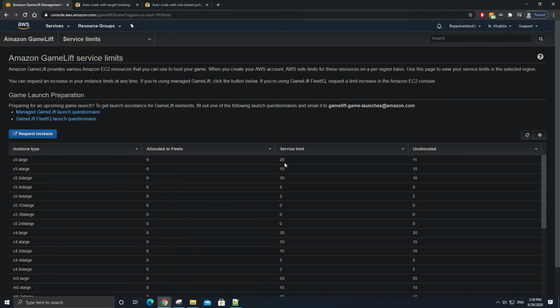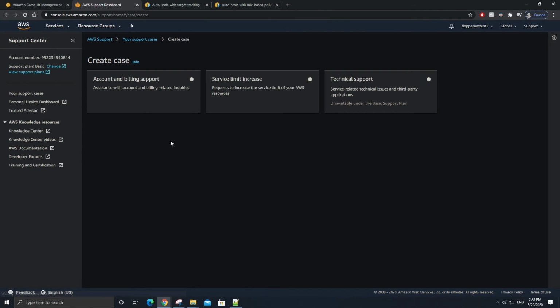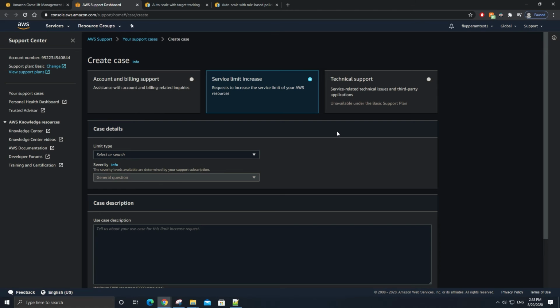Note that these numbers on this page may not look exactly the same on your screen as they do for me on my screen. If you want to increase your service limits, you can do so by clicking on this request increase button, and that will take you to the support page where you can create a case for a service limit increase. But we are not going to do that in this tutorial, so let's close out of this page